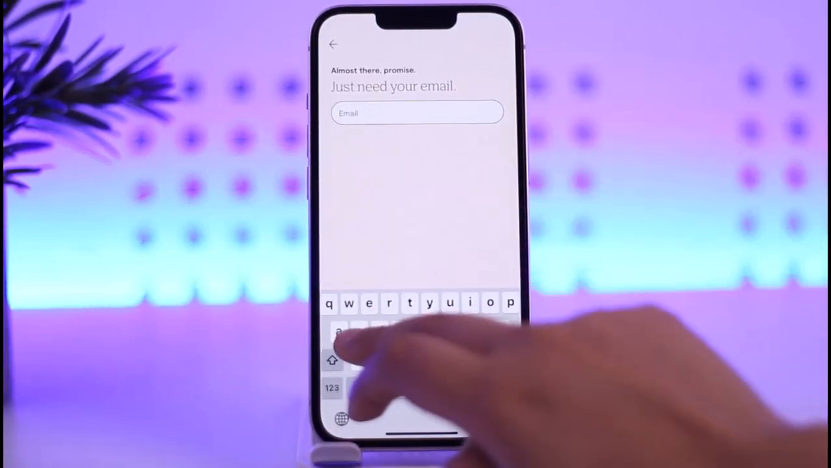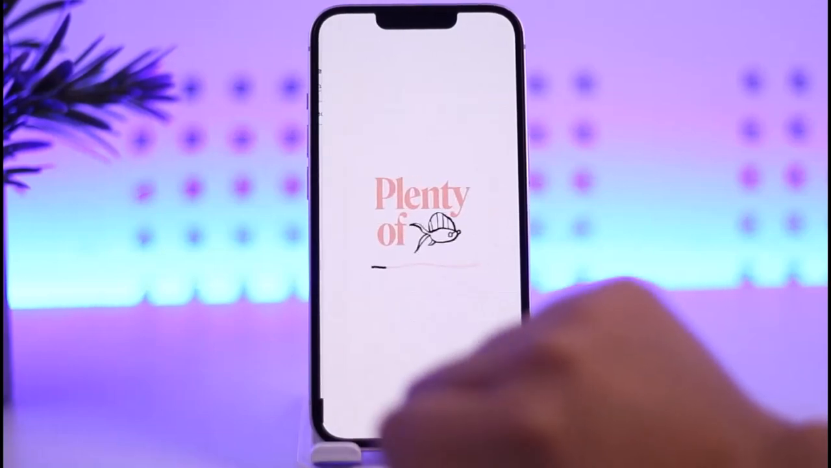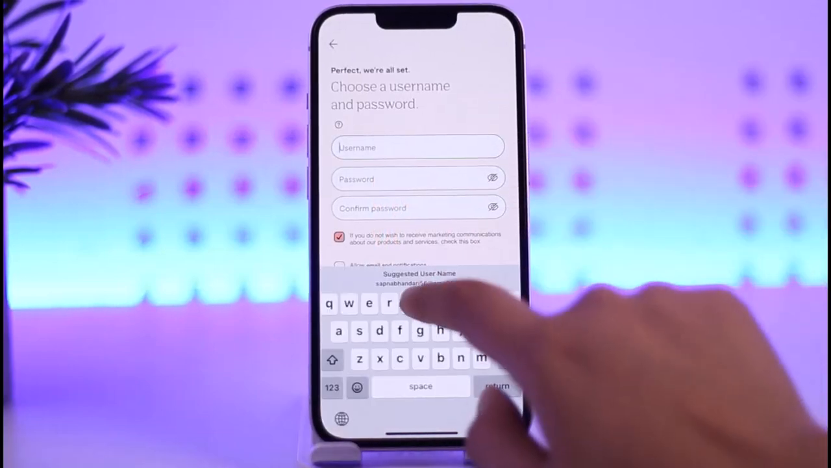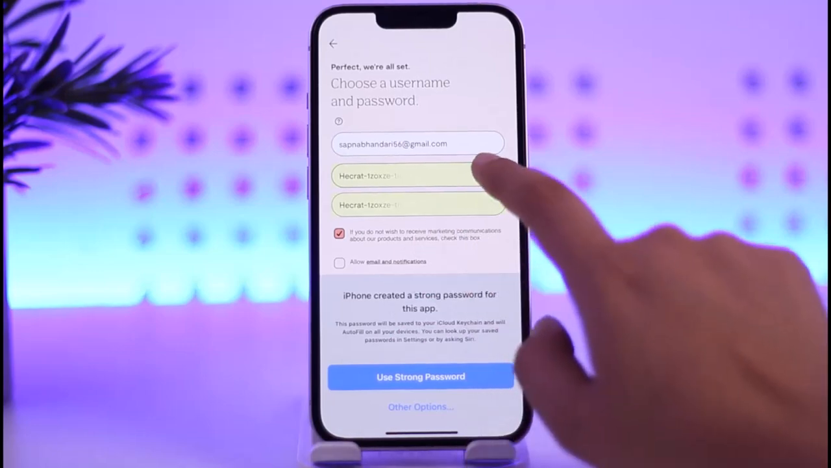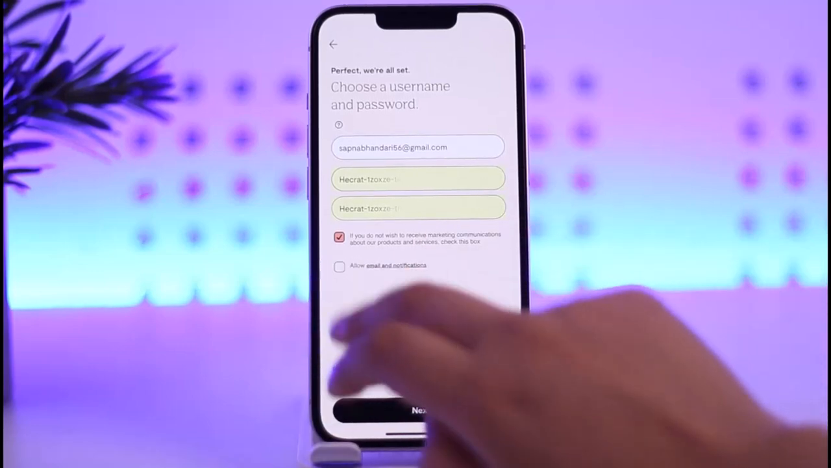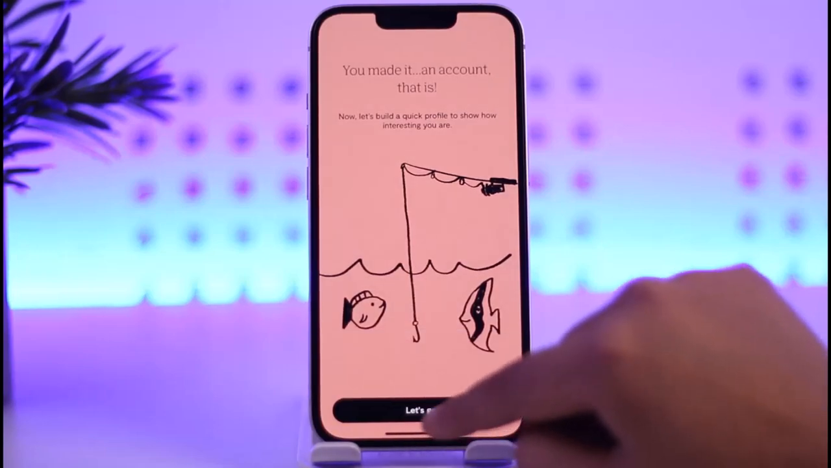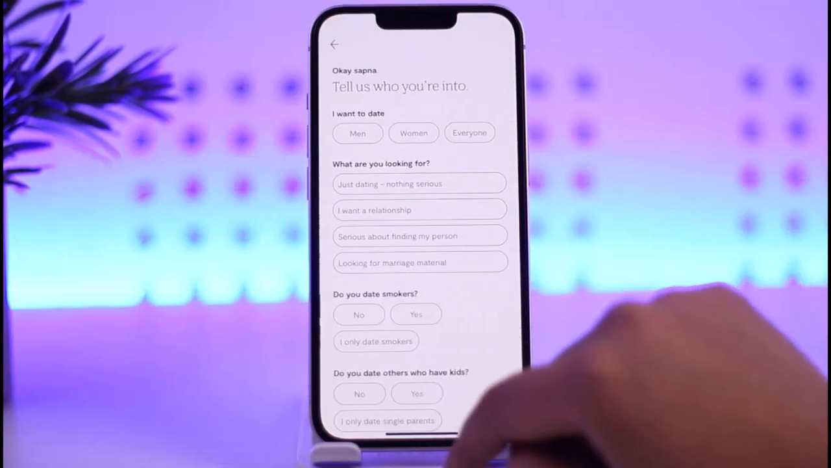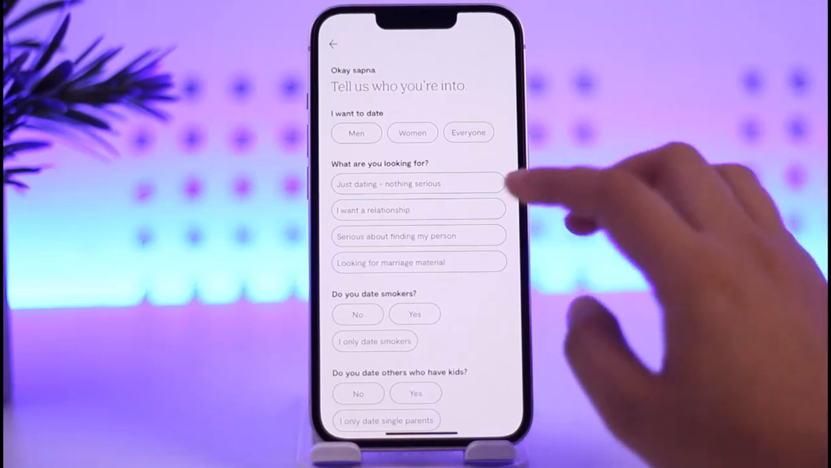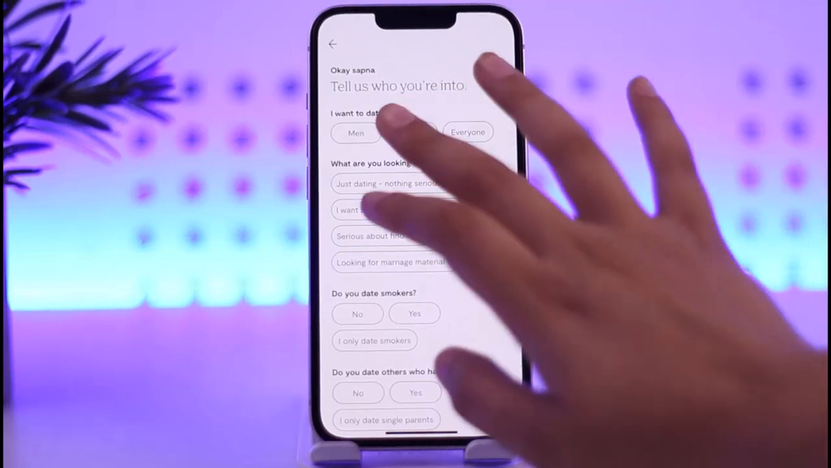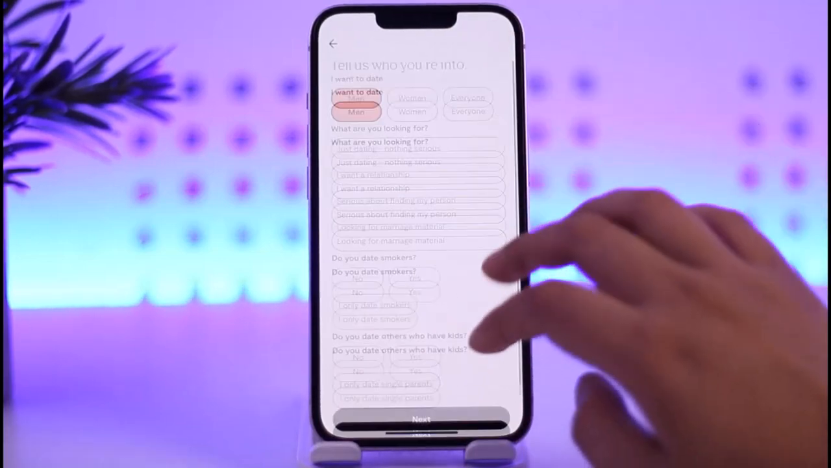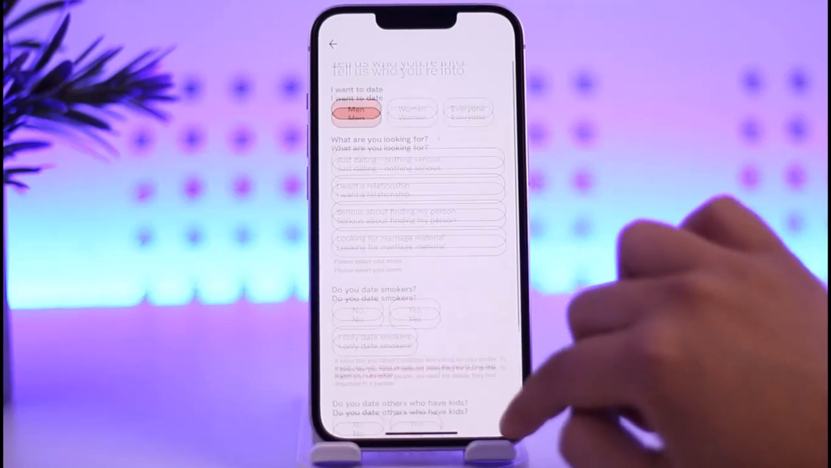Now enter your email, tap on return, tap on next again, simply choose suggest a username, password. Once you have done so, tap on next, save password, tap on let's go again. And there we go. We're gonna simply accept it. We're gonna simply enter our details regarding who we wanna date, what we're looking for, tap on next, and